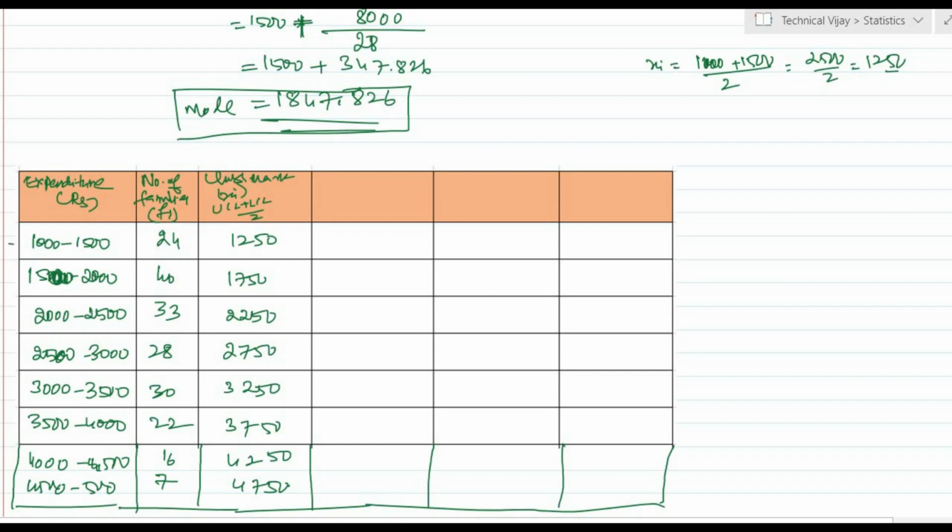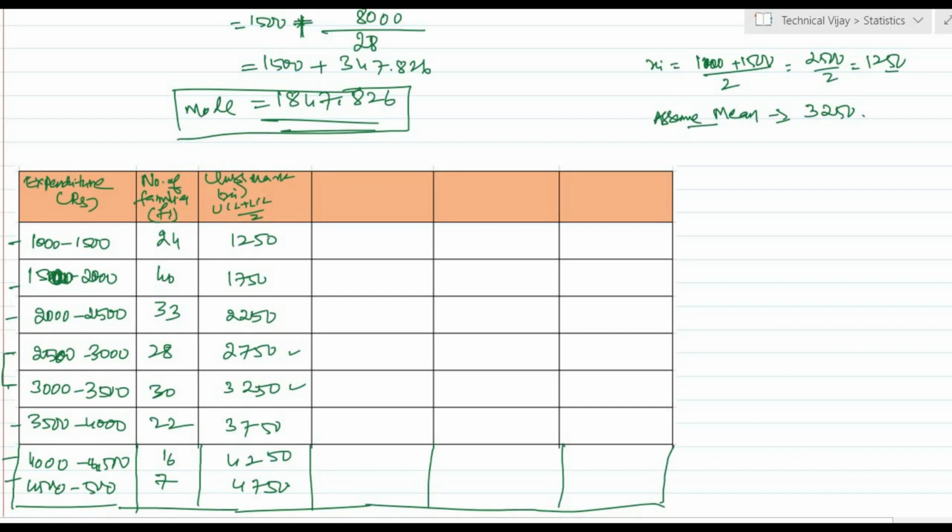Now here there are 8 groups. The middle of this group means these two are in the middle, and we have to consider any one of them. Now I will consider this one. If there are an odd number of groups, one group will be in the middle, but here they are an even number of groups. Now we will consider this as 3250. You can consider any one, both results will be the same.